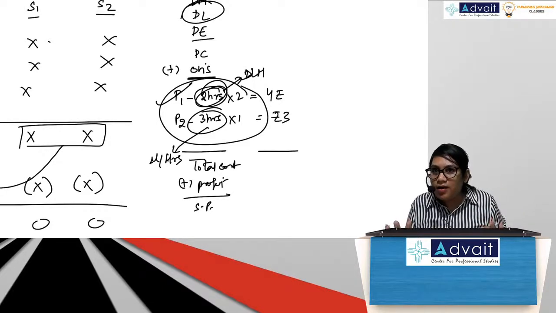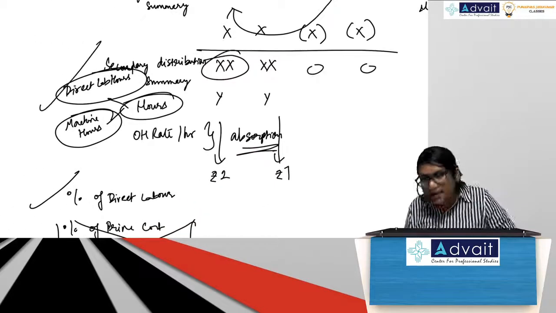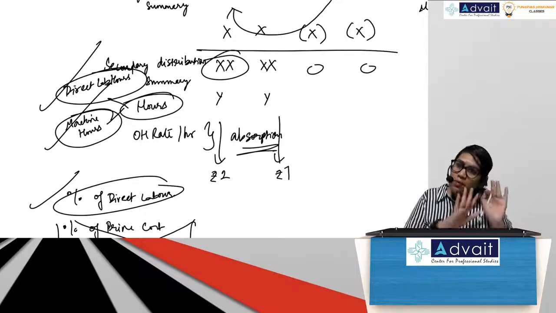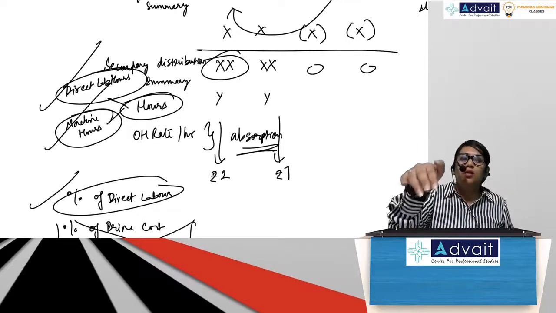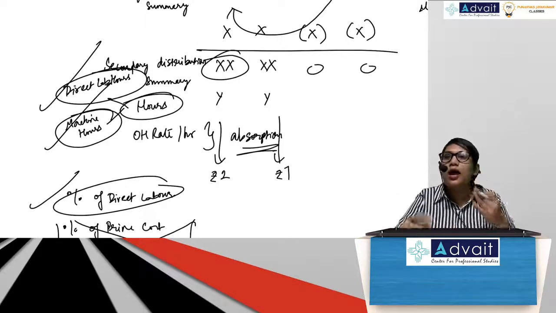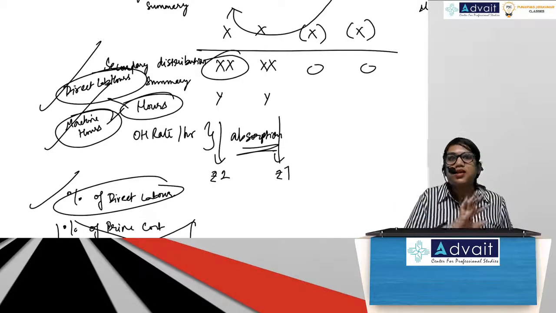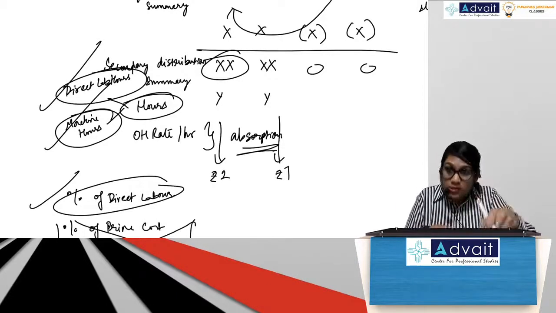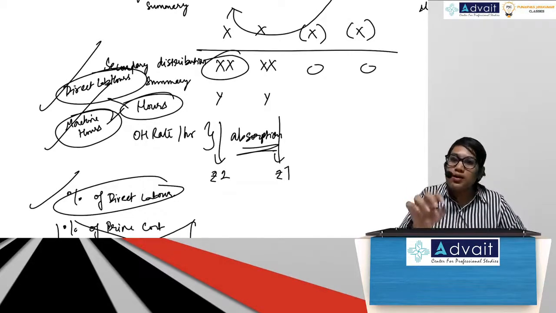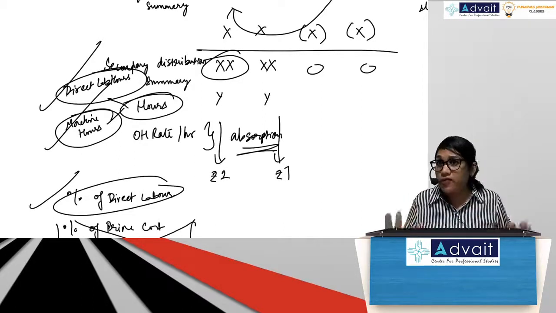But what do we use generally for absorption? Either direct labor hours or machine hours. And percentage of direct labor is also used, but not in the overheads chapter. It is used across other problems. Like yesterday when we solved our cost sheet problem, they had asked us to calculate the overheads based on percentage of direct labor. Correct? But in this particular chapter for absorption, we either use machine hours or we use labor hours. Is this clear to everybody?